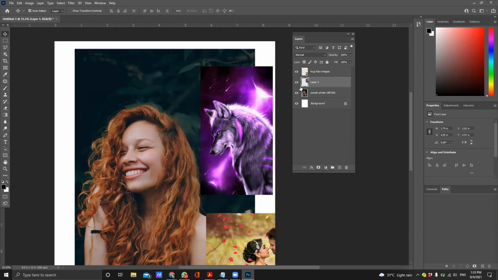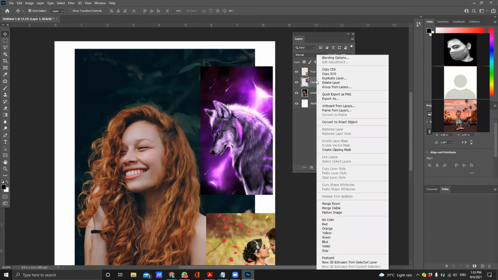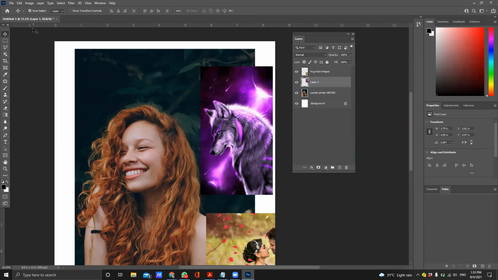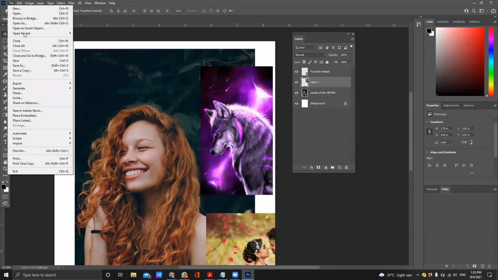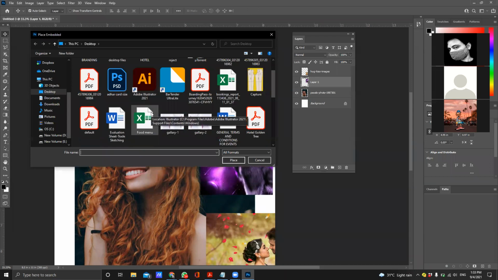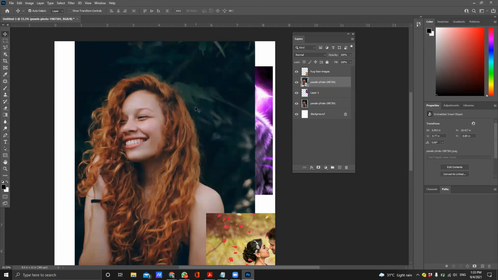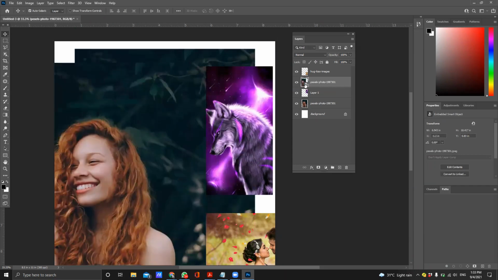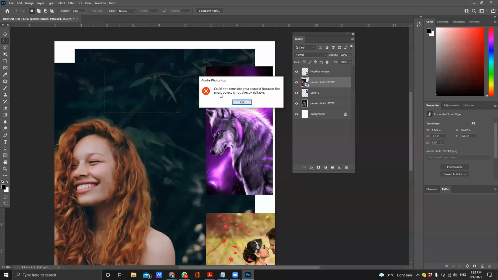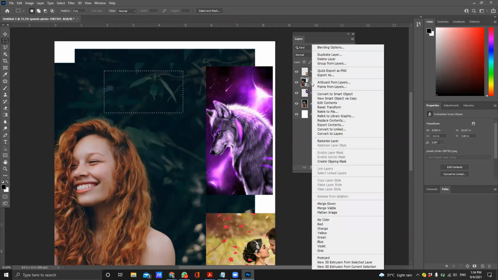Okay, right now this layer is rasterized, but sometimes some images are not rasterized. Suppose I open this image again: File, Place Linked, Place Embedded, and then I'll go to the same image and place it again. So here a small icon appears on this layer, and if we try to edit it, delete some area from it, it will show you the comment that smart object is not directly editable. Okay, so the first thing you have to do is right click on this particular layer and do Rasterize Layer,